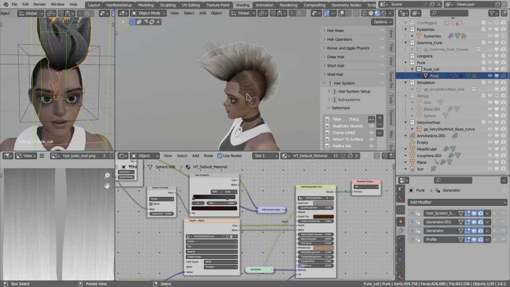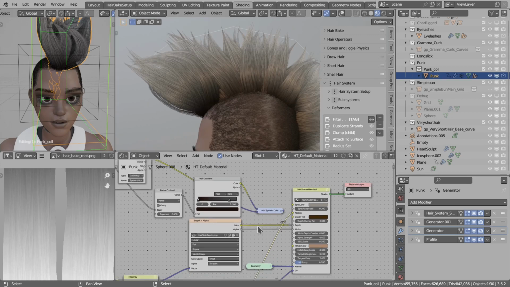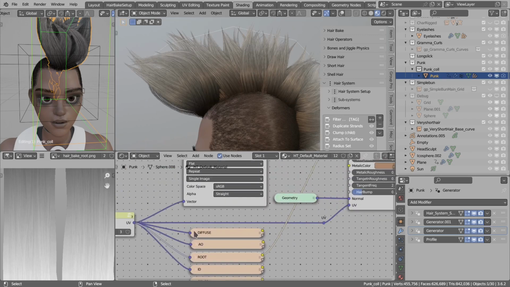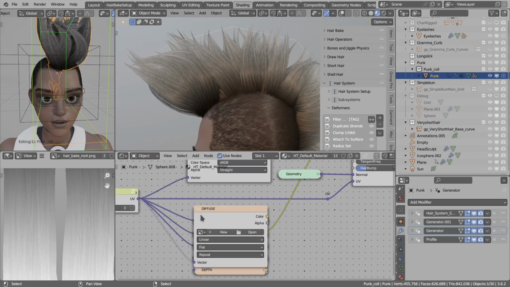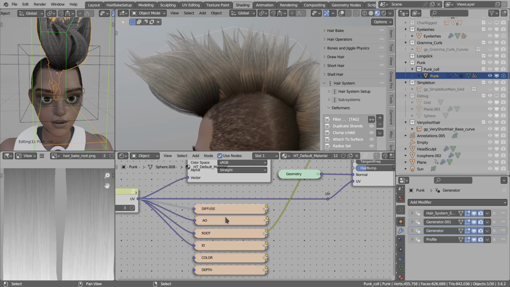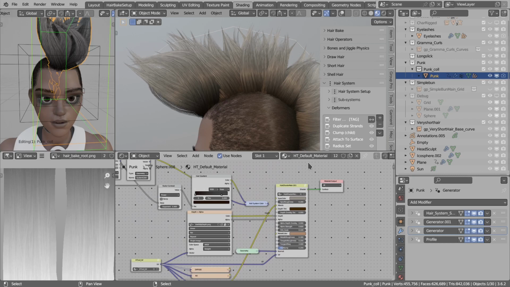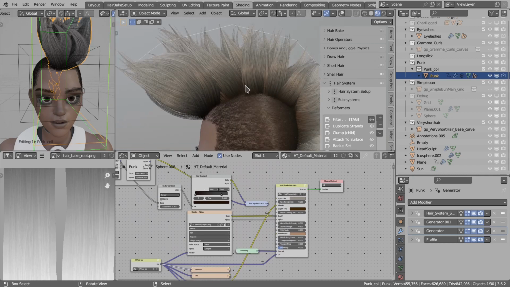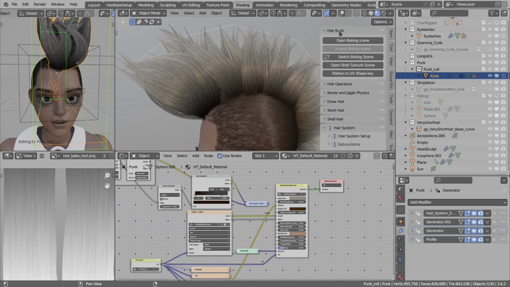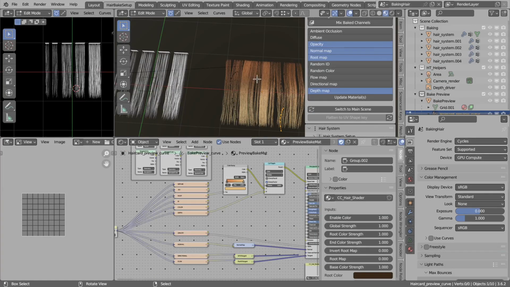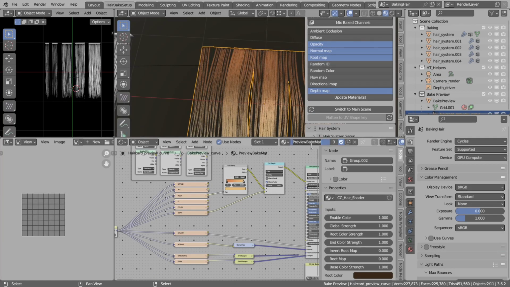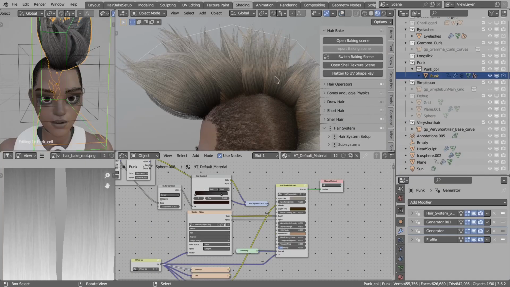And this is working correctly. Just remember that if we did not bake the diffuse, we have no texture in here. And another way of working would be to just copy the preview material to your hair. So let's jump to the baking scene, and we'll copy the preview material name, switch to the main scene, and